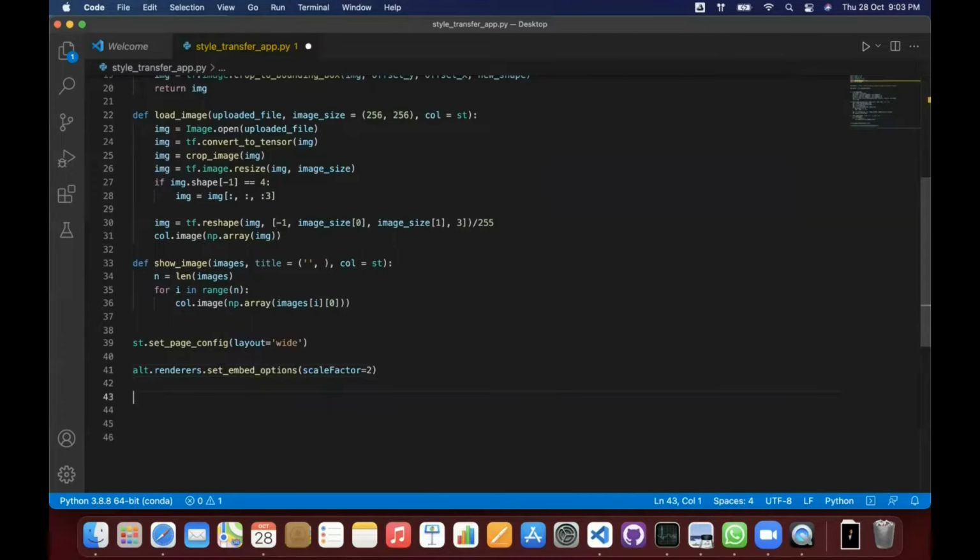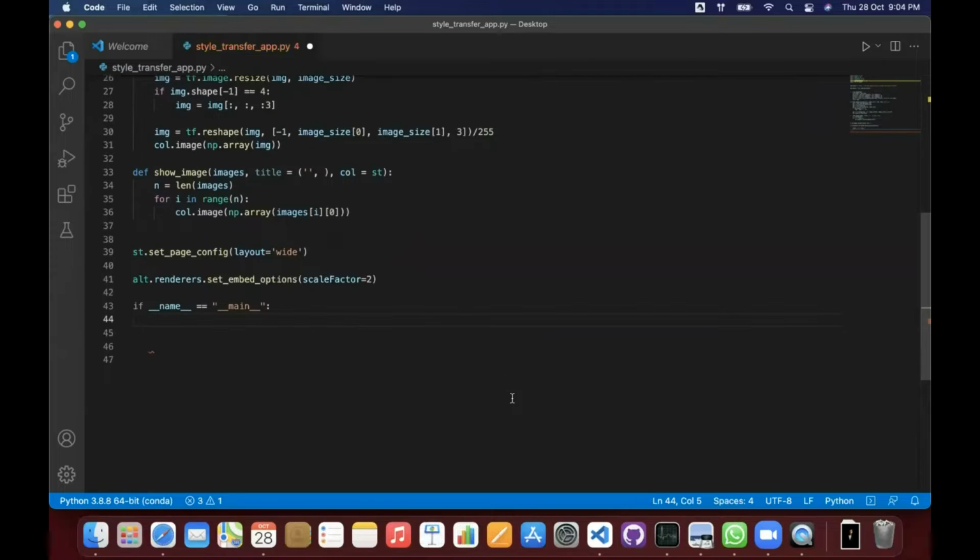Then I will go ahead and create the main part of my program. I'll write if __name__ == '__main__', a very common snippet you must have encountered many times. Now I'll call all my functions to properly create the entire application.